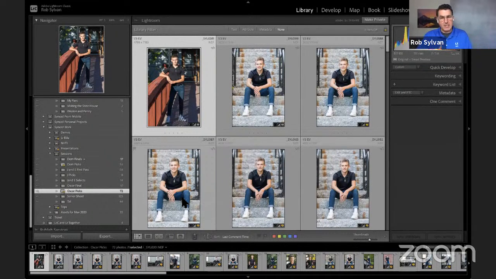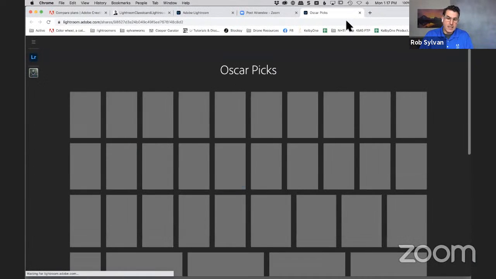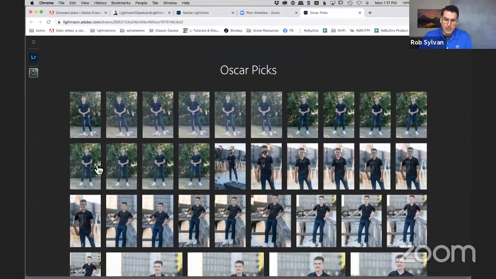I could just send them this. I say, here's the link to your gallery, log in with this Adobe ID and password, and then go through it and just click the heart button on any photos you want. So if I click on this adobe.ly URL that gets created, this is what they see. They get this whole album that they can then go through